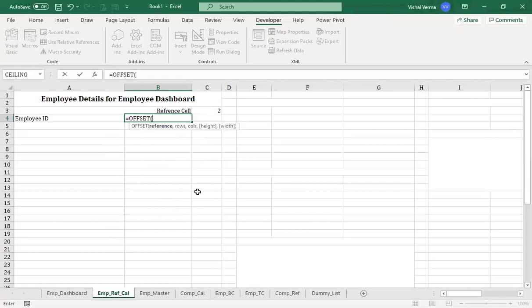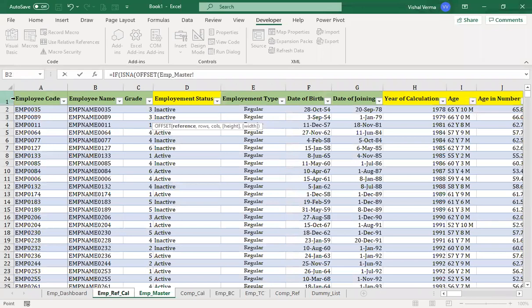So what we will be using is the IF function, then ISNA, then the OFFSET function. So we need to have a reference cell. The reference will basically be your employee code.